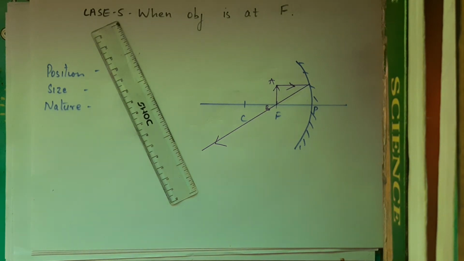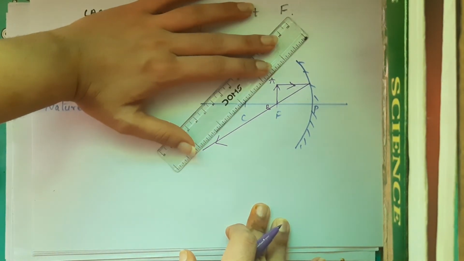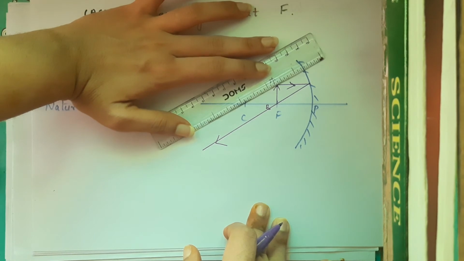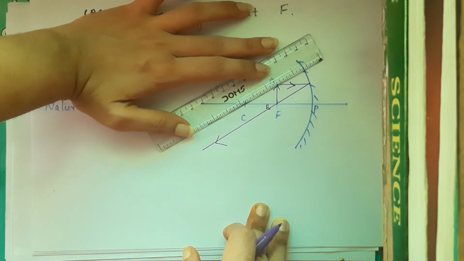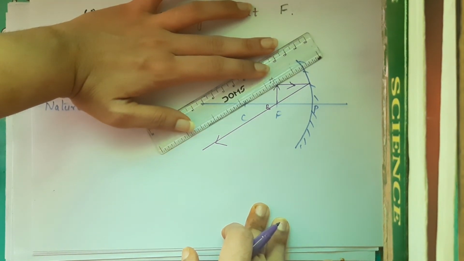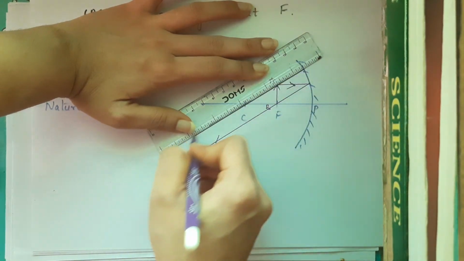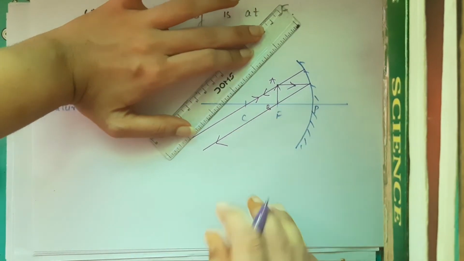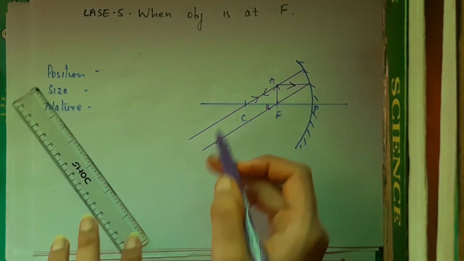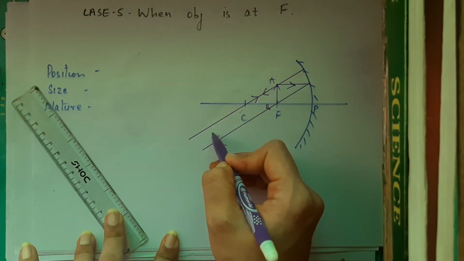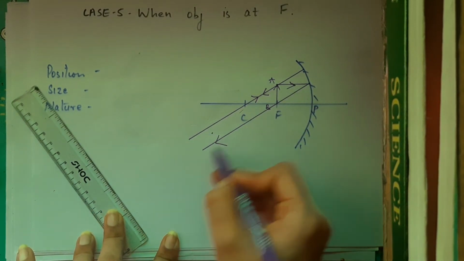Then let's make the light ray passing through C. So let's do that. The light ray passing through C, I'll see that it goes like here. It goes here and returns back. Now what do I see here? That if the light ray returns back through the mirror, from the mirror, it goes parallel to this light ray.